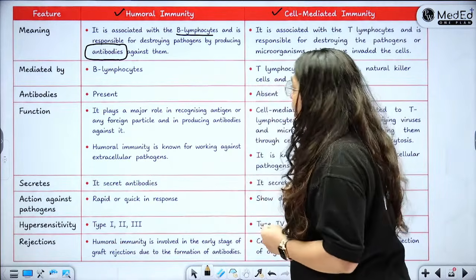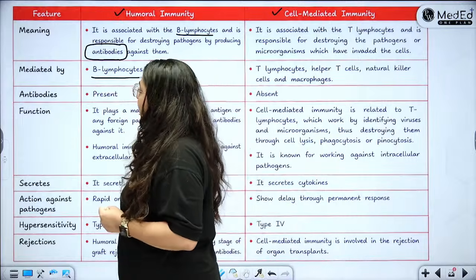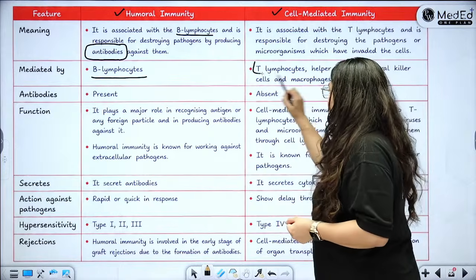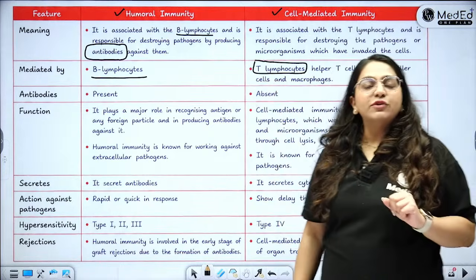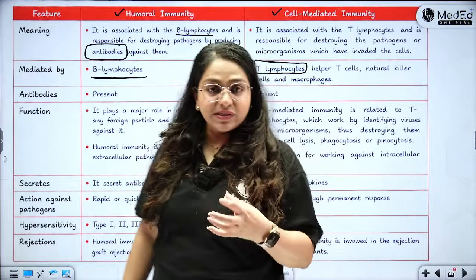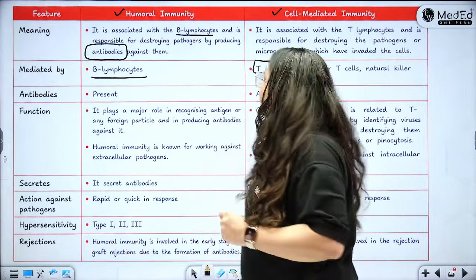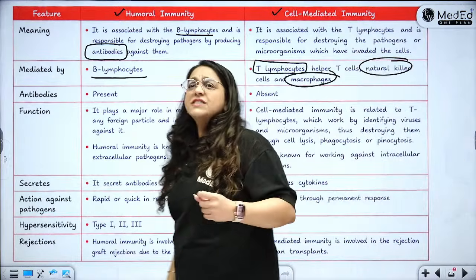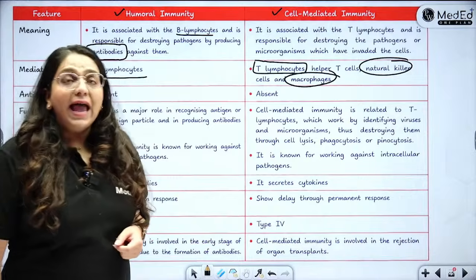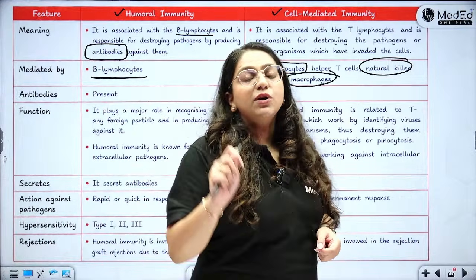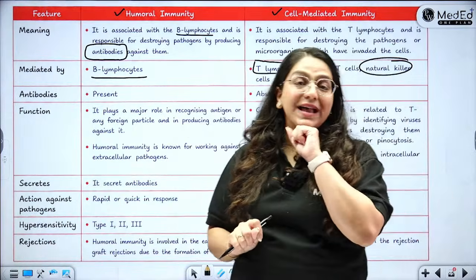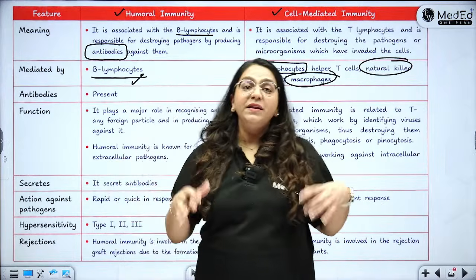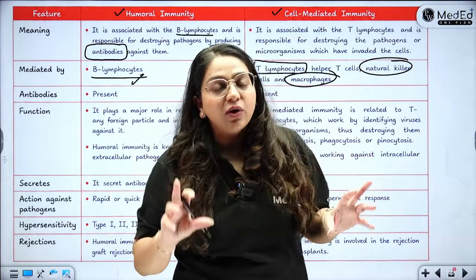Alright. So humoral immunity is mediated by the B lymphocytes which produce antibodies, and cell-mediated is by the T lymphocytes. The T lymphocytes can be T helper cells and cytotoxic T cells. Also cell-mediated immunity is by the natural killer cells and macrophages. One thing is very important to understand, that humoral immunity is a component of the adaptive, acquired immune response, because antibodies are produced in response to adaptive immunity, whereas the cell-mediated immunity